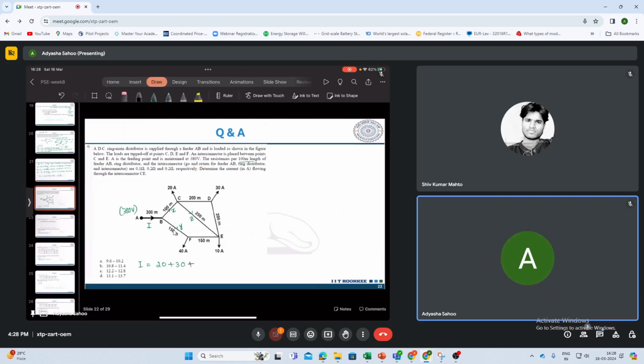Yeah, so this was 10, 40, so 100, and we were writing the KVL in BCEFB. So that will give us X times, so its resistance is 0.2 ohms, X times 0.2 plus, what will be the current here, Z times, so the ring interconnector is also 0.2,